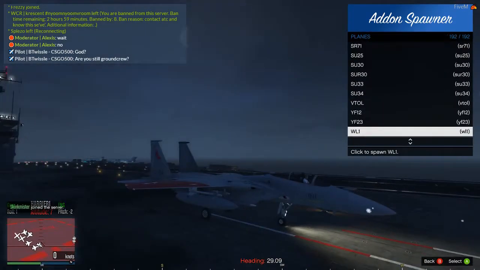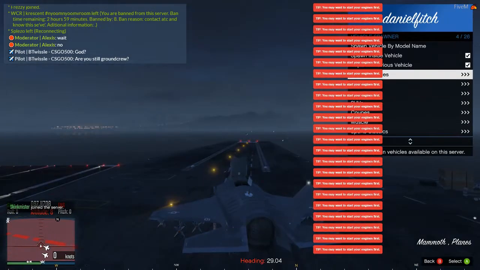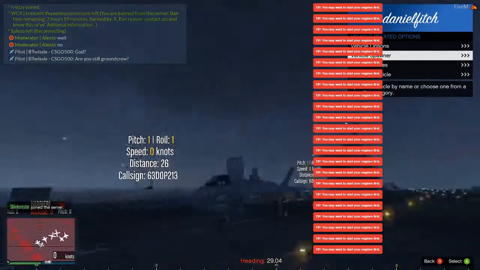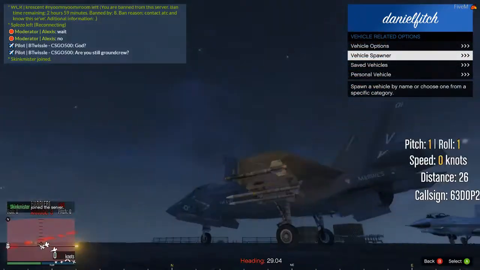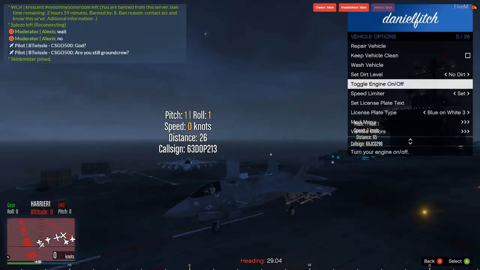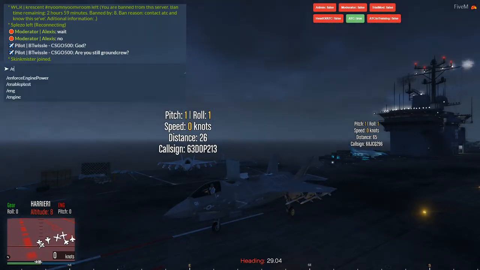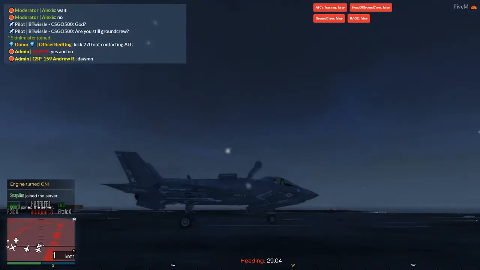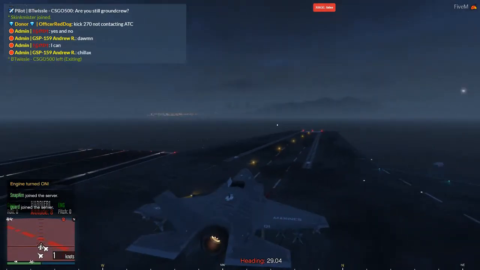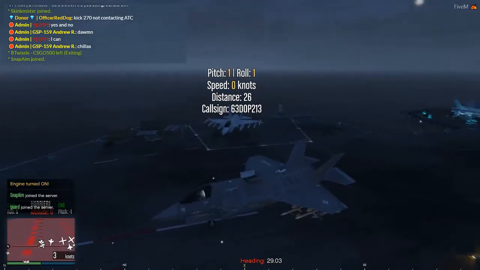Let's just look through here. Oh, it's the VTOL. Yeah, there. Ooh, this plane looks good. It's stealth, so it looks kind of funky, but let's just repair the vehicle, make sure everything's all good. You can fire up the engines and turn it to forward mode so we can back up,